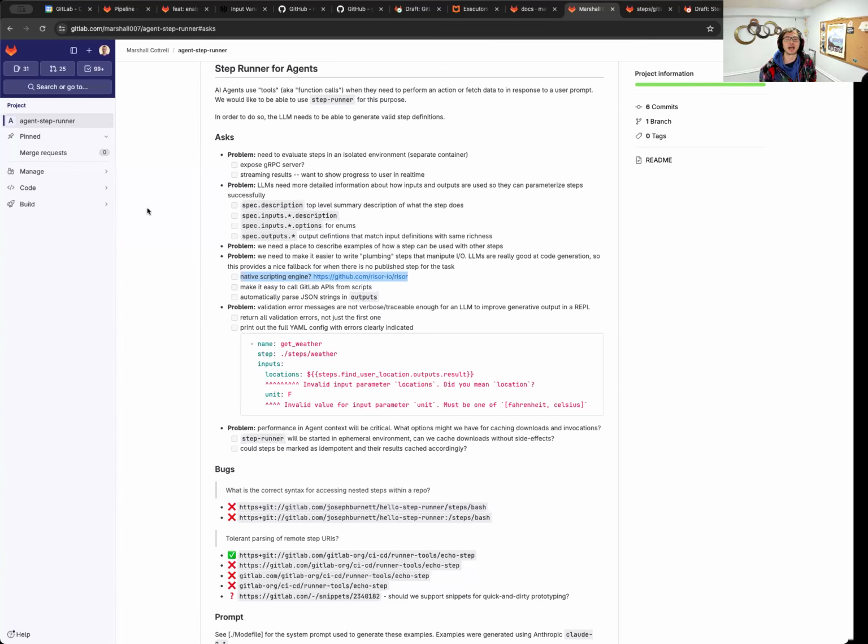Okay. I think there's value there, right? If I make an API call to GitLab to get a user profile, it's nice to be able to shove that into an output as a JSON string, but have it parsed out on the other side automatically. But regardless, I think the point I'm about to make is almost more valid if we only support string outputs. If I have a JSON string as an output of one step, and I need structured data as the input to the next step, do I want to be doing a bunch of JSON manipulation